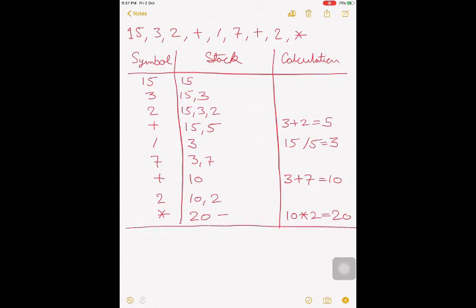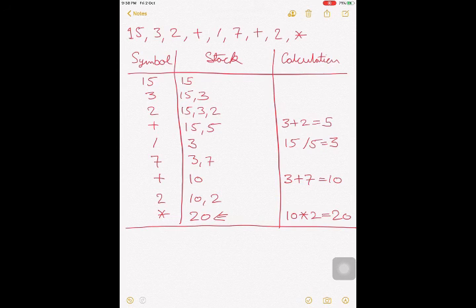So this is our answer. 20 is the answer. Okay, so these questions are very simple and very easy. You can check them orally also, because it is very easy in the postfix expression, as there is no precedence problem of operators. As soon as you find an operator, just pop the required number of operands, operate on them, and push the result back onto the stack, and you can carry on like this.